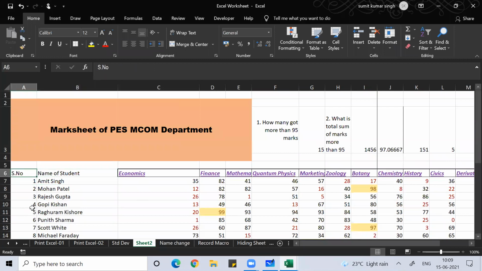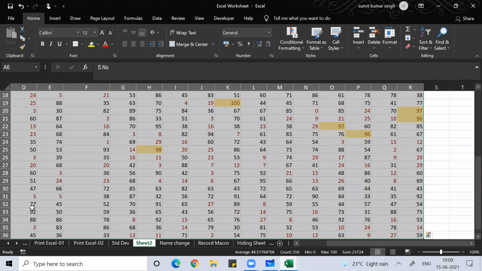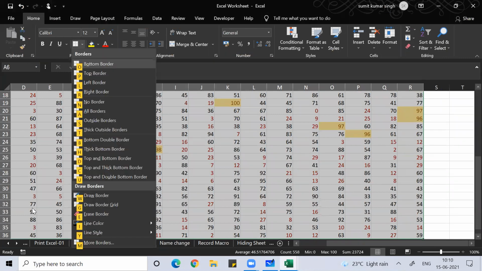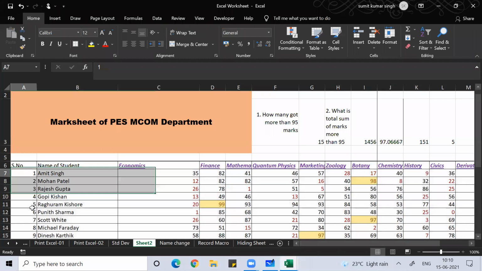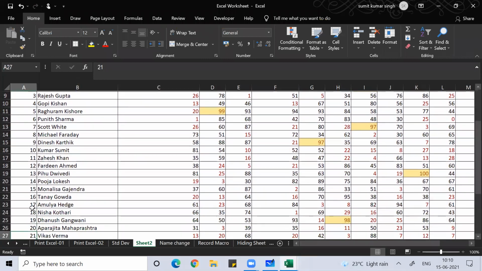Let me put a border. So Control Shift right arrow, down arrow, then Alt H, B for border, and for all borders A. Or Alt H B T, E for thick border outside. Done.